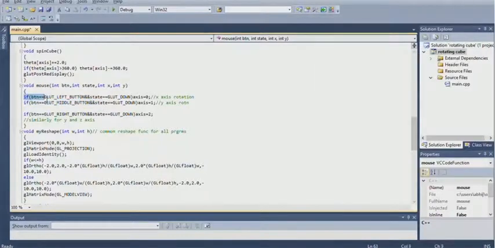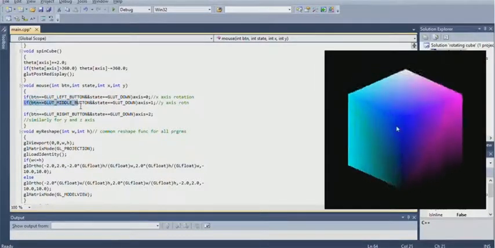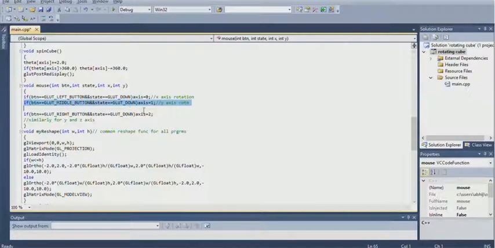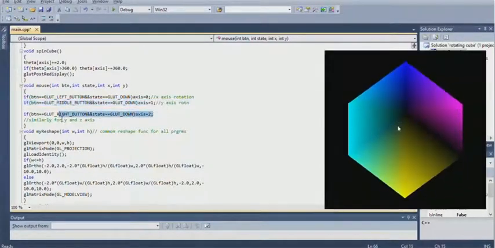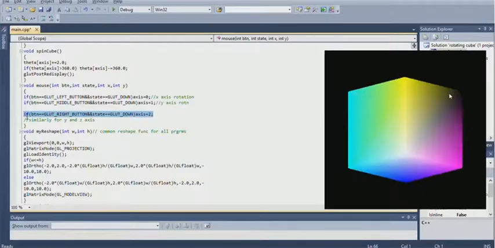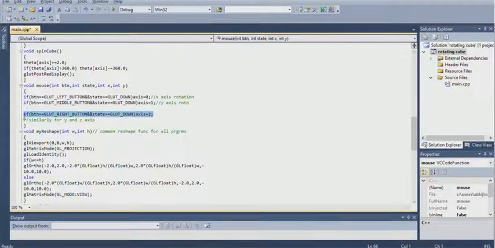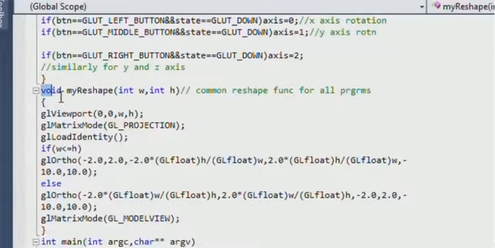This line shows the y-axis rotation, and this line shows the z-axis rotation. Now the void myReshape function is a common reshape function for all the programs, used when the maximization button is pressed, that is the plus button.